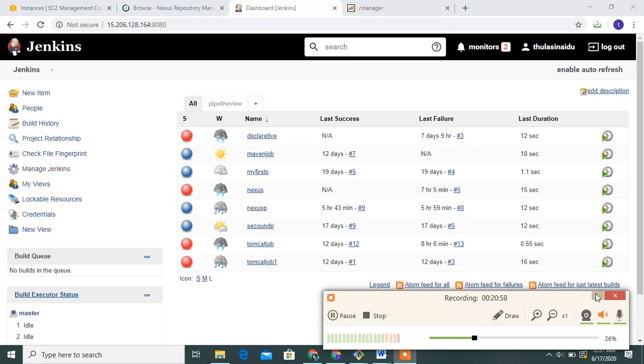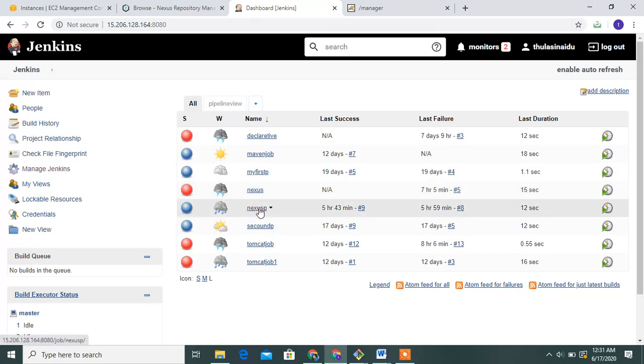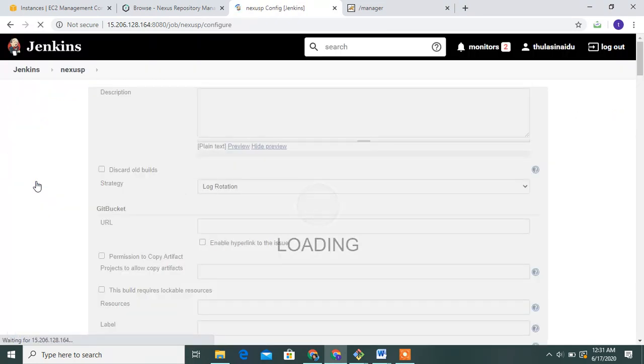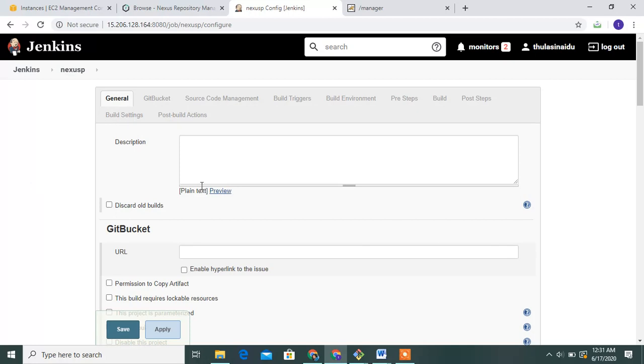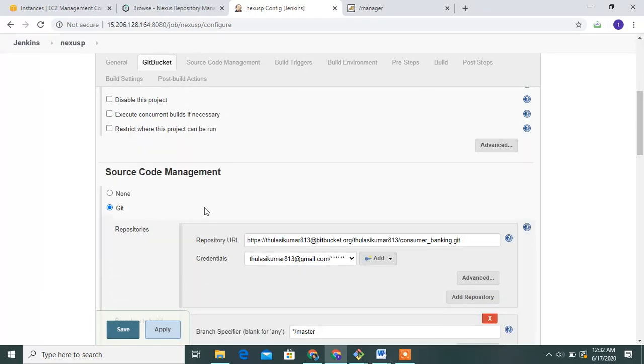Once configuration is done, create one Maven project. Choose one Maven project as the Nexus project and go to the configuration. Under configuration, select the git credential and Bitbucket credential, and paste the git URL here.